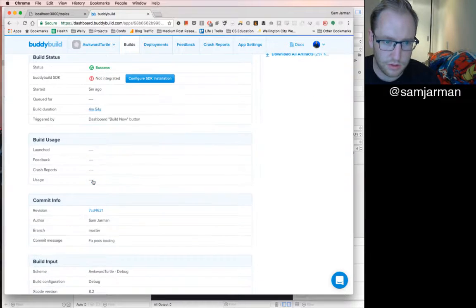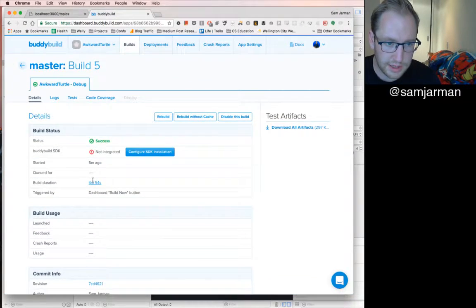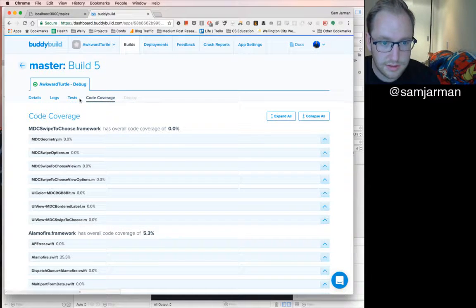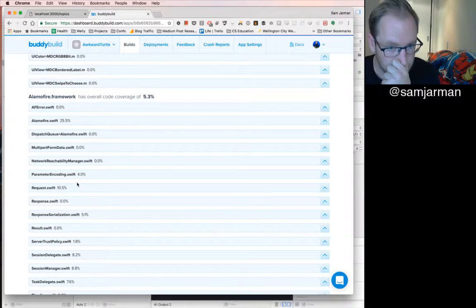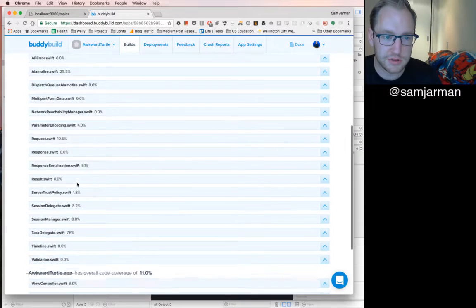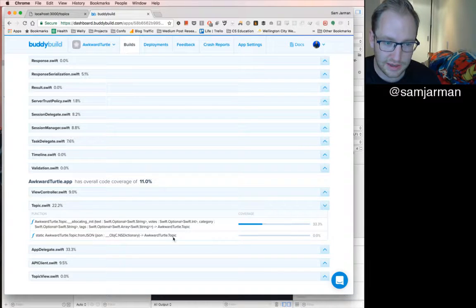You succeeded. Cool. Before we get a test output here, there isn't one. Oh, tests. Code coverage. Oh, nice. Code coverage. Wow, look how low the code coverage is on the file. It's crazy. I've got 11% code coverage. Pure Swift. I'm surprised it's not 100%. Oh, it's because, wow, it's so bad.